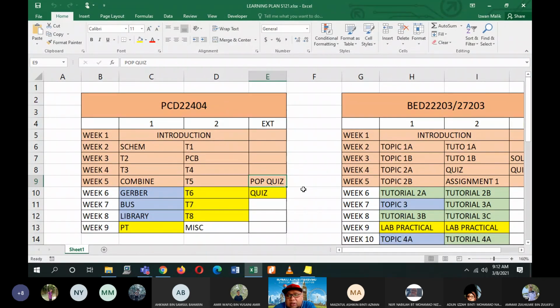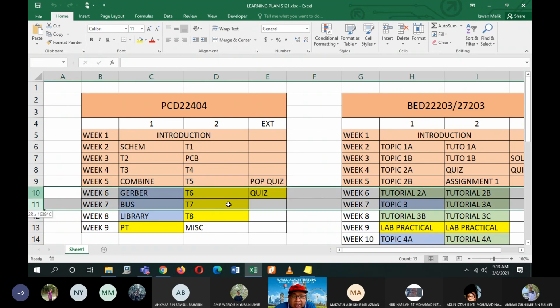I will give you questions, you try to do them. Once you are okay, then we proceed with the real quiz. The pop quiz has no marks at all. The real quiz is the one that will have marks. So we will focus on these two, Gerber and the design software, for task 6, task 7 and our pop quiz with the quiz. That is for this week and next week.